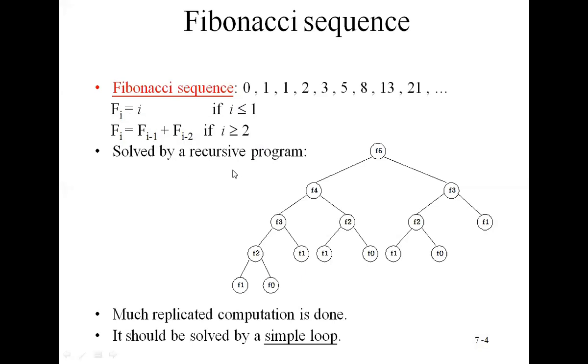Now see the recursive program. For the Fibonacci series you can write a recursive algorithm or an iterative algorithm. When you say iterative algorithm, we are using a for loop or while loop. When you say recursive program, that particular function calls itself repeatedly, so no need to use a for loop or while loop. So there are two types of cases: one is a recursive program, another one is an iterative program.